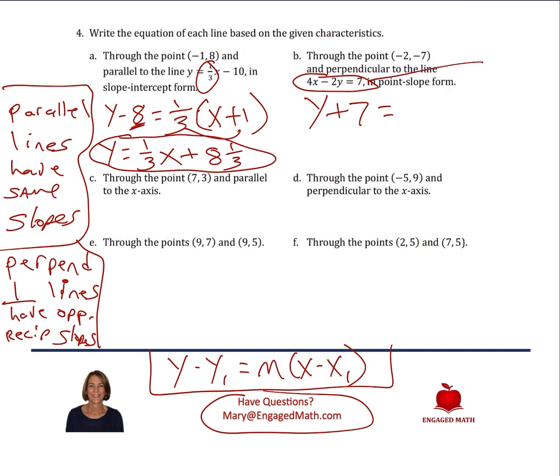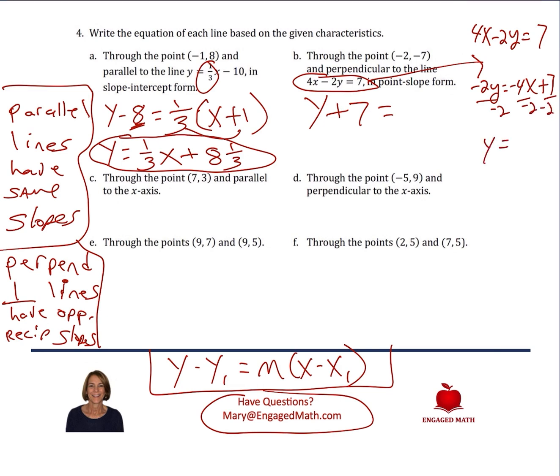So I'm stopping when I get to the slope because I first need to find the slope of the line that we want to be perpendicular to. So I'm going to take the 4x minus 2y equals 7, and I'm going to figure out what the slope of it is. So I'm going to subtract the 4x from both sides, and I get negative 2y equals negative 4x plus 7. Okay, once we do that, now I'm going to divide everything through by negative 2, because then